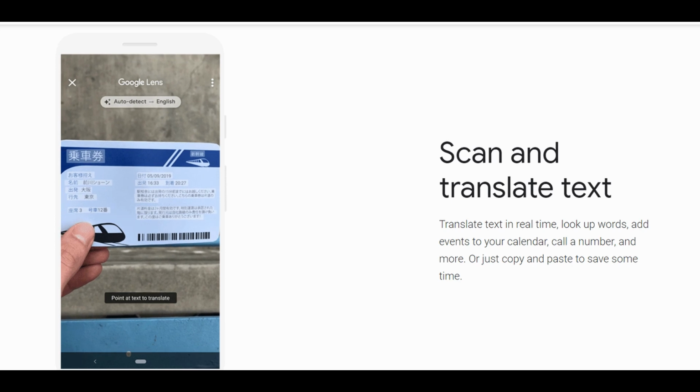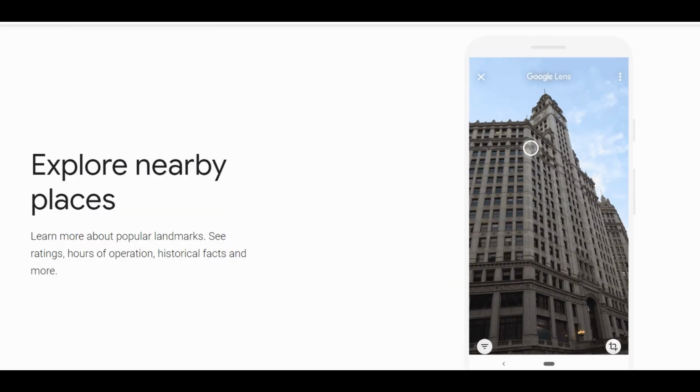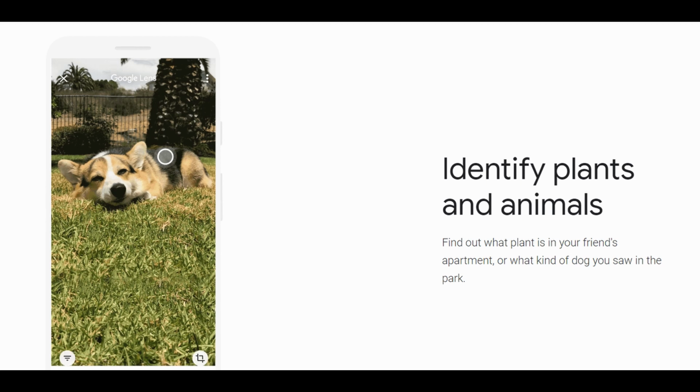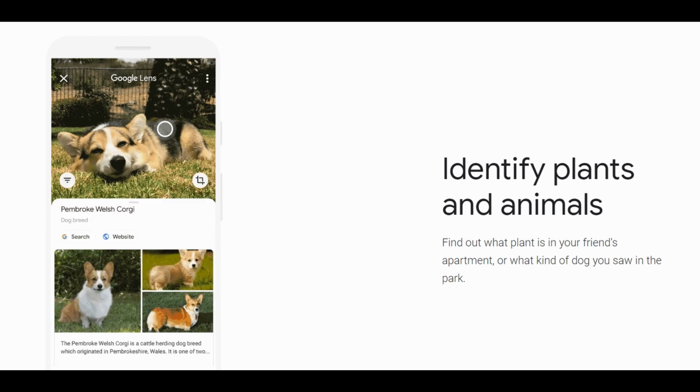This app is also used to translate different languages, helps to recognize the name of a place or building, and identifies almost all animals and objects like books, calculators, and anything that you don't know the name of. So Google offers you this amazing app for all Android users and you must try this app.